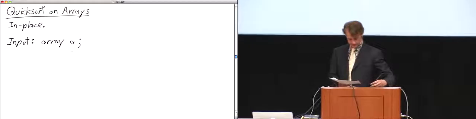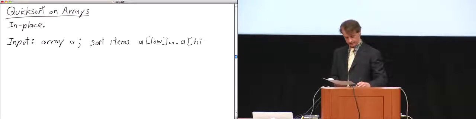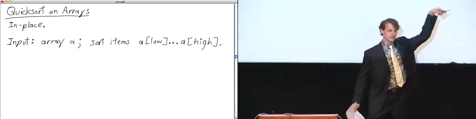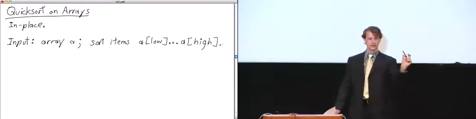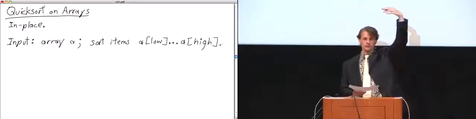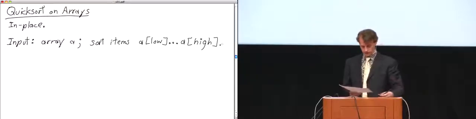So I'm going to give you 2 indices, low and high, and I only want quicksort to sort the items that are between A[low] and A[high]. And this allows me to have quicksort recursively call itself to sort just part of the array. At the top level, we want to sort the whole array, but we'll be recursively sorting parts of it on the way down.